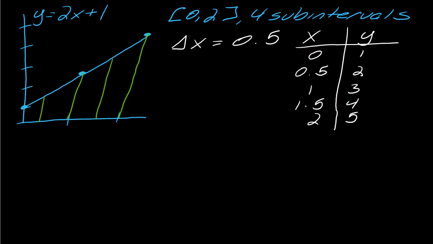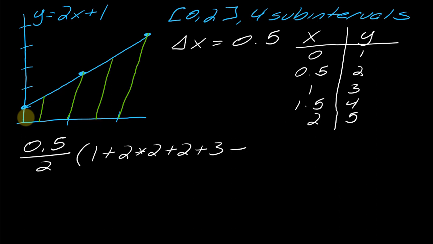If I want to use the actual trapezoidal rule, what I can do is take 0.5 divided by 2. Starting with this first endpoint, which I just put in once, and then it's 2 times every inner endpoint. So 2 times 2, 2 times 3, 2 times 3, 2 times 4, and then when you get to the endpoint, you just do that once. So here's the actual sum of what you would do. If you went through and found the area of each one of these, you should still get to the same thing. So all of this equals